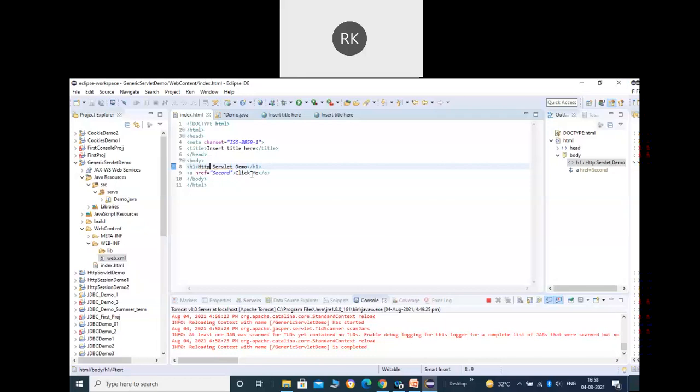Look here. When we click over the link, when the index.html page will be running, we'll be having a hyperlink there with the name click me. So as soon as I click over that, a request will reach the server. And which HTTP method will be used there? Can anyone tell me? When I click on that link, what will be the HTTP method there?